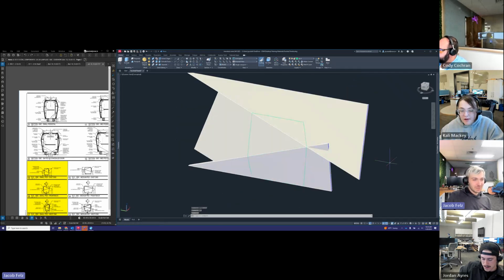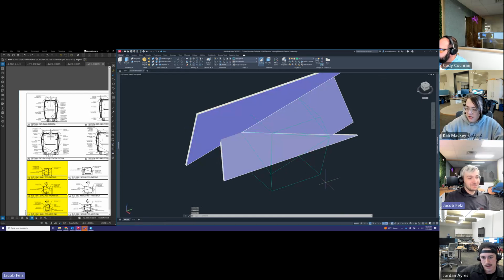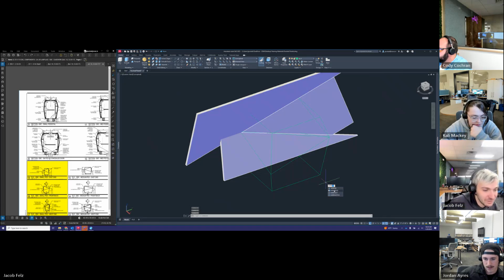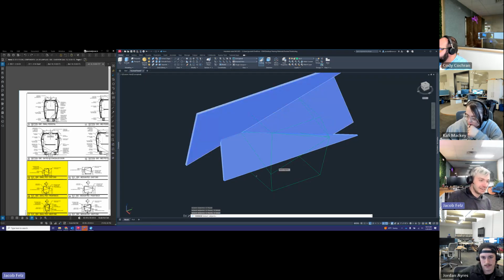Because this side and this side are essentially the same, they're just kind of mirrored from each other. What I was doing is I was using the mirror 3D command. So you can kind of do that. Once you've got one side drawn, you can take that mirror 3D command, select your panels. And then what I did was I selected the middle of our base here. And I kind of just dragged a line using my ortho snap, making sure that's turned on. And I went straight out this way and straight up this way,